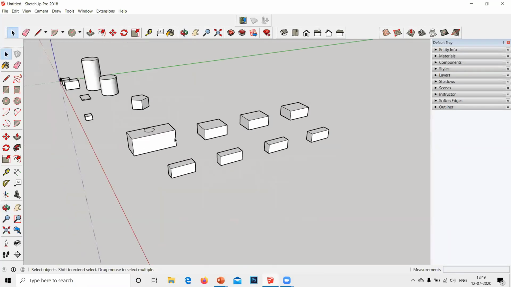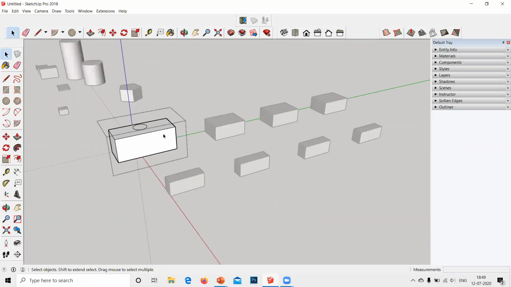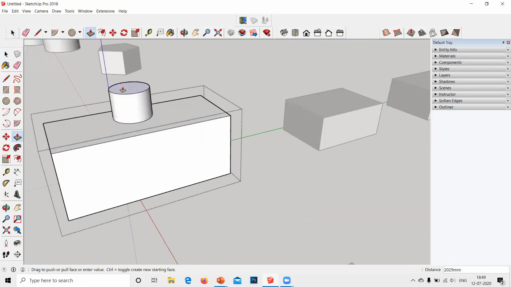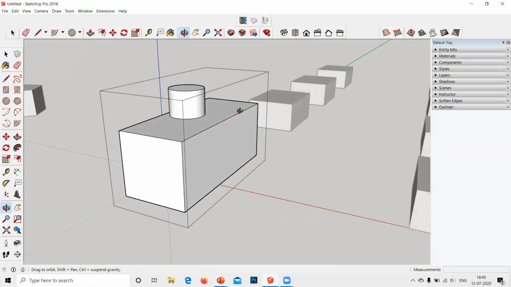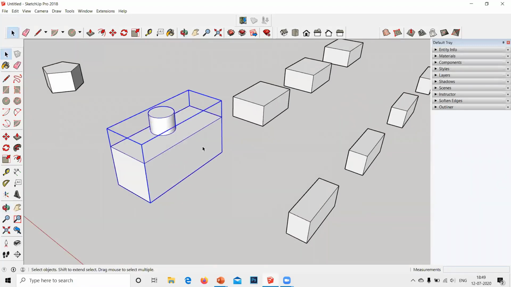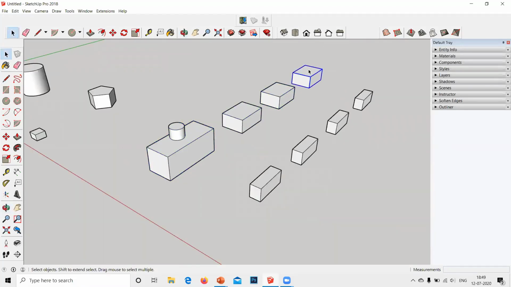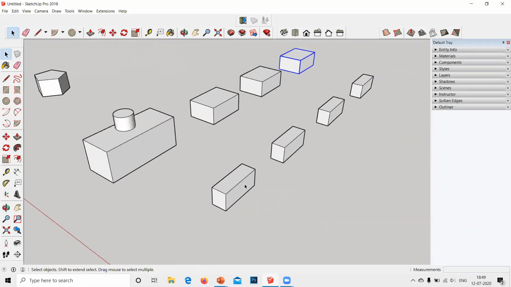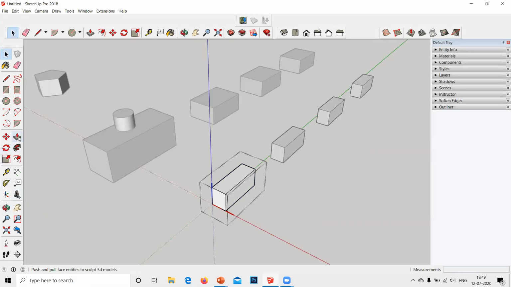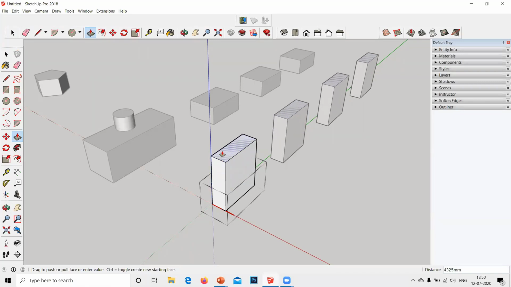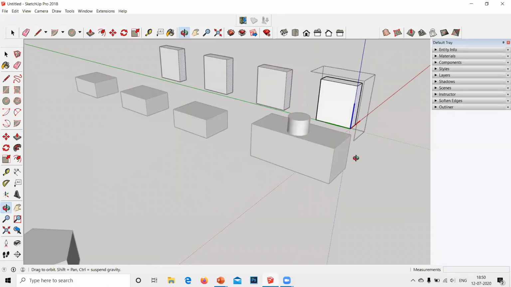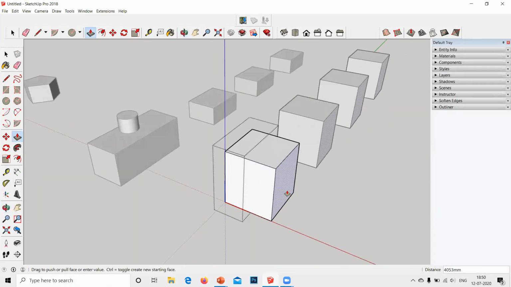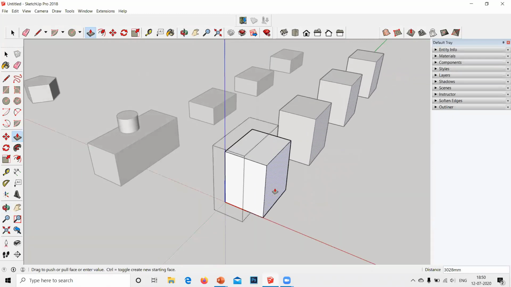So now you saw that when I made changes on this group, okay, I want to make this like this. So I made changes on this group. Only this group has been changed. All these groups, all the copies which I made are now the same. But whenever I make any change on components, just watch what I'm doing. I'm increasing its height. As you can see, all the copies are increasing their heights. Okay. Increasing the width. All the copies are increasing in width.